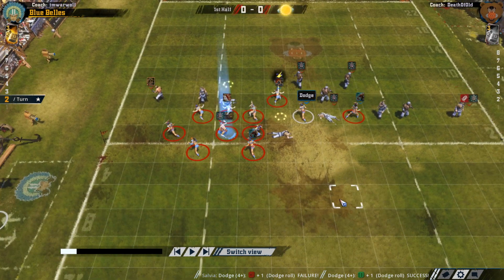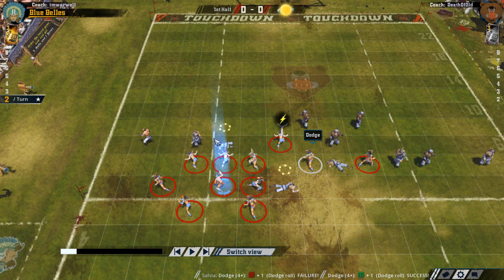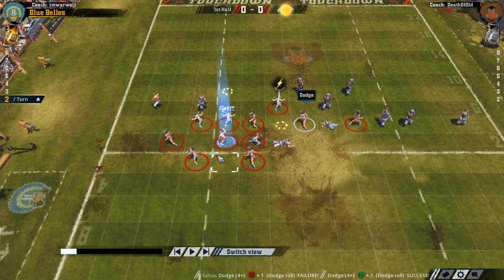So we take a look at the current situation. This player has a one-die block against this blitzer. If he moves one of these players or one of these players from over here, he gets a two-die block. Can either knock down this blitzer or push her away. If he manages to knock down this blitzer and moves forward,